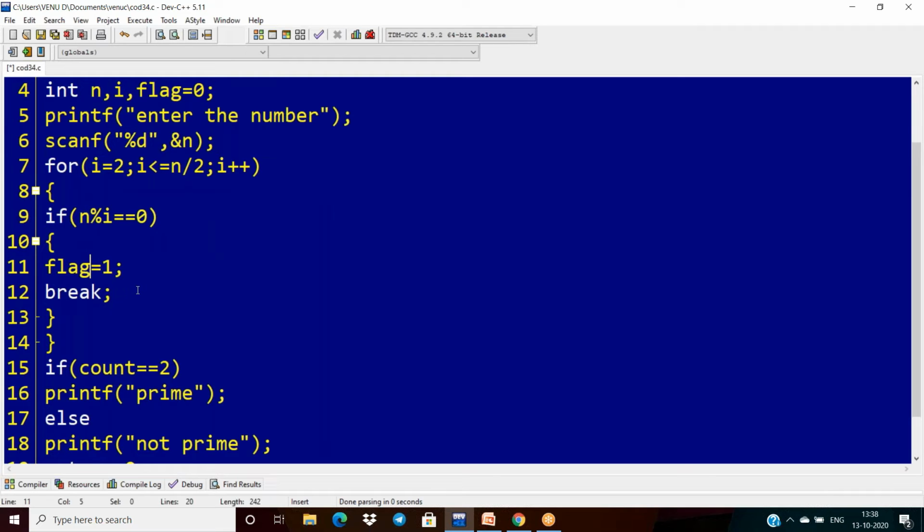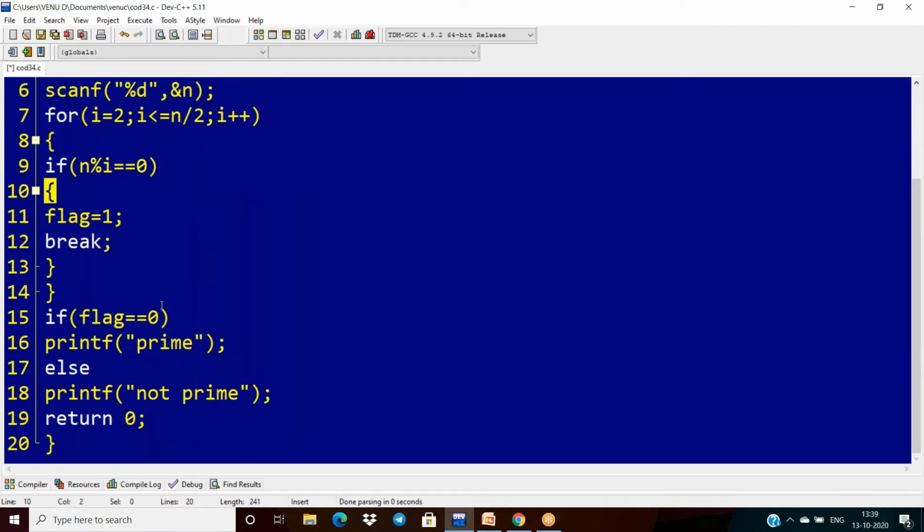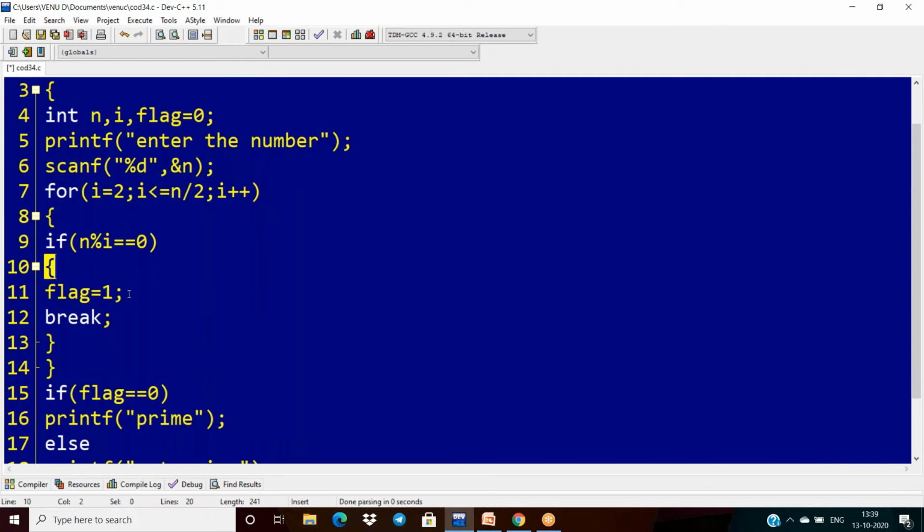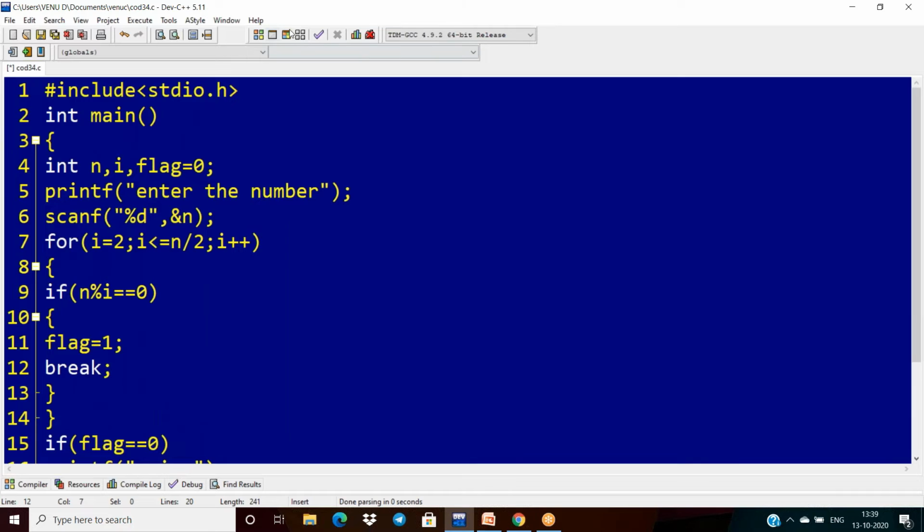Then, based on the flag, if the flag is 0, it is prime. Flag being 1 means there is another factor. If no factor exists for the given input, the flag stays 0, which means it is prime. If we find at least one factor, the flag is changed to 1, so it is not prime.